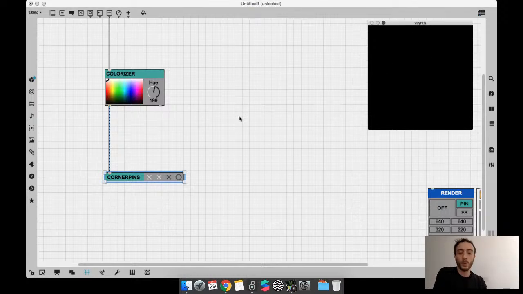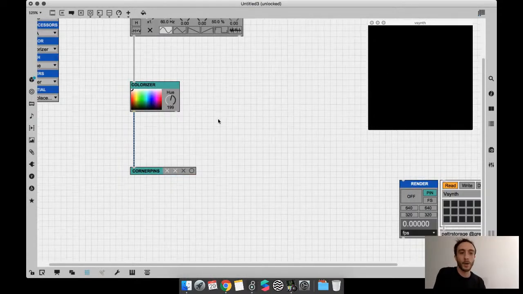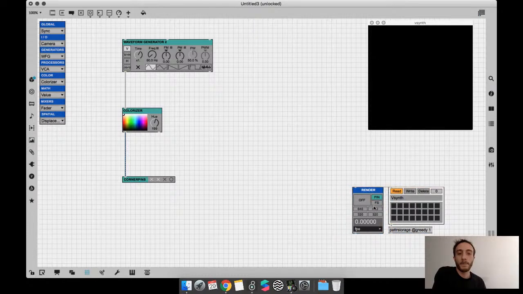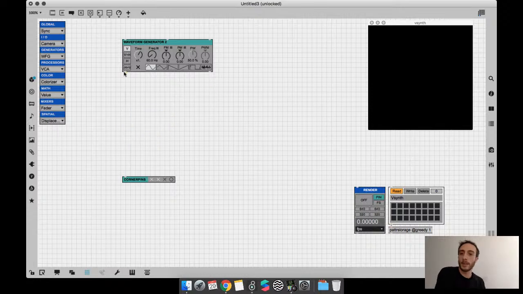The render module, which turns on the system, is the most important module, because without it, things don't work. And then we have here a preset storage thing. Okay, so oscillators. Let's go